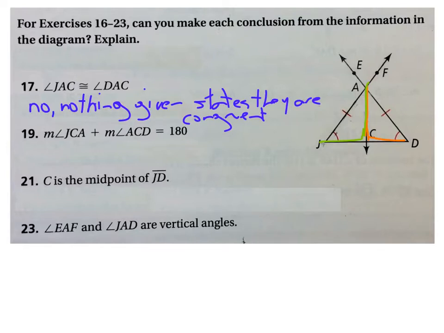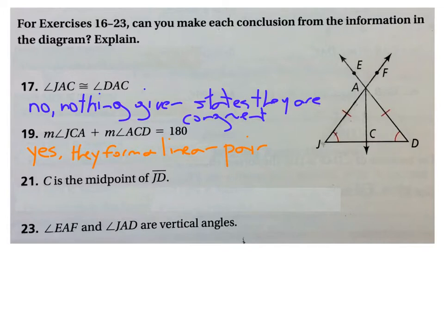Okay, so I'm going to write yes, they form a linear pair. And even though I'm not stating it, the reason that I can say that they form a linear pair is because I'm allowed to assume that this is straight across. Okay, so kind of weird rule that is just one of the few things you're allowed to assume from the visual demonstration